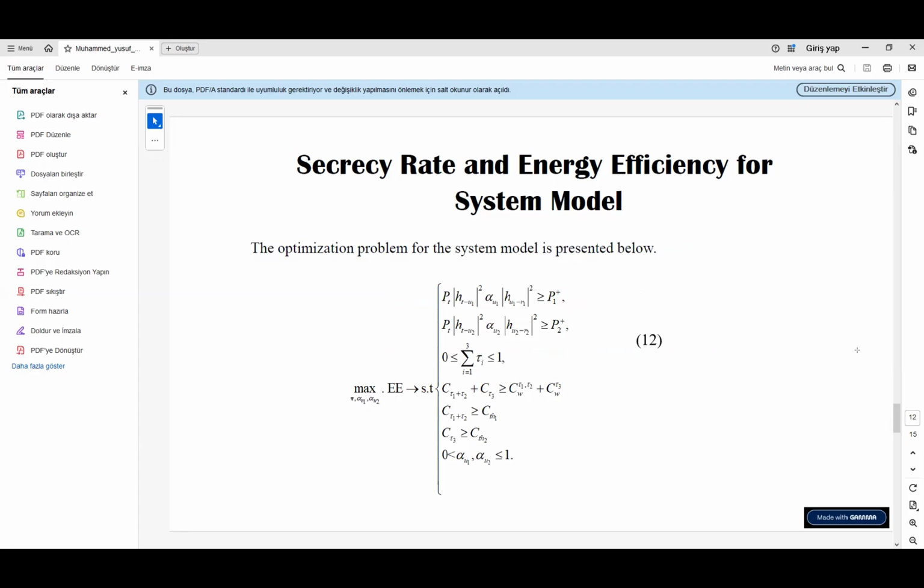We aim to maximize energy efficiency under the backscatter reflection coefficients and time variables. As you can see, this optimization problem has several constraints. For example,